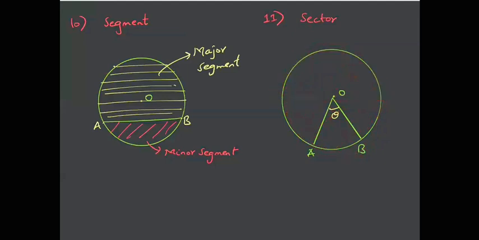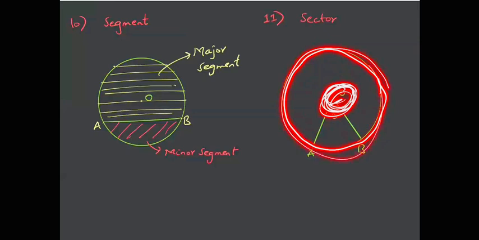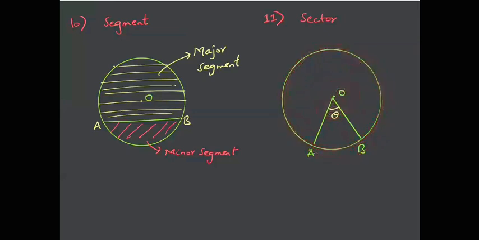What do you mean by full circle? Full circle means it is 360 degrees at the center. So if this full circle subtends 360 degrees at the center, then its area is pi r square. And the half circle subtends 180 degrees at the center, right? Because this is the half arc, that is a semi-arc or semicircle. This will subtend 180 degrees at the center, so its area is half of pi r square.